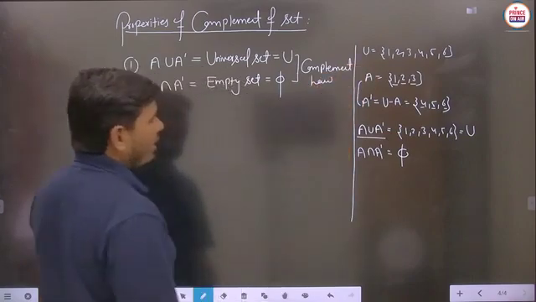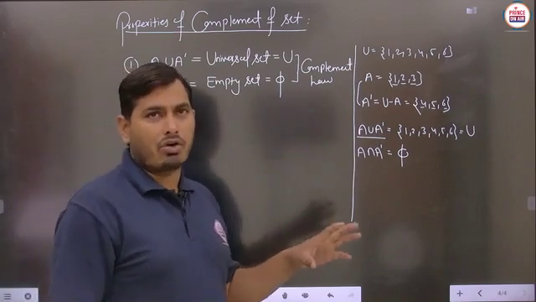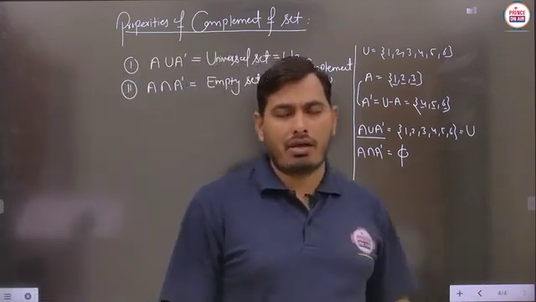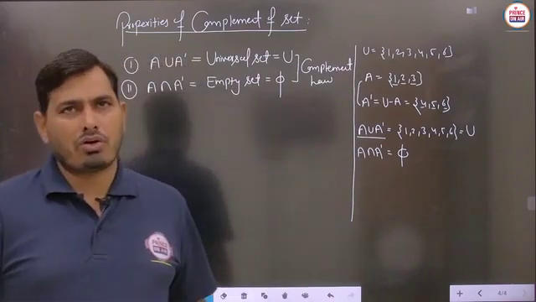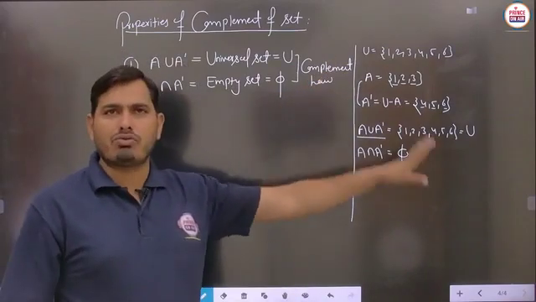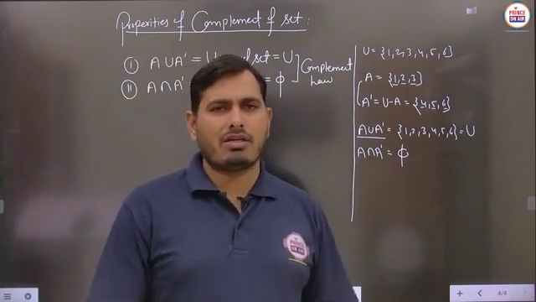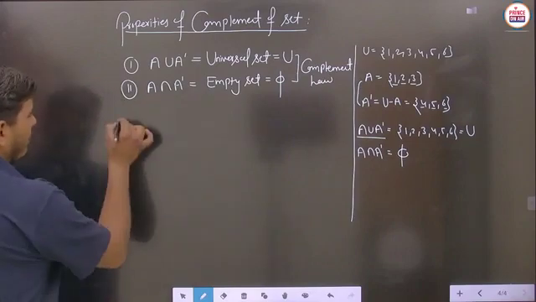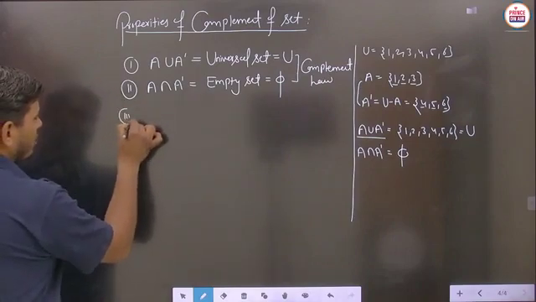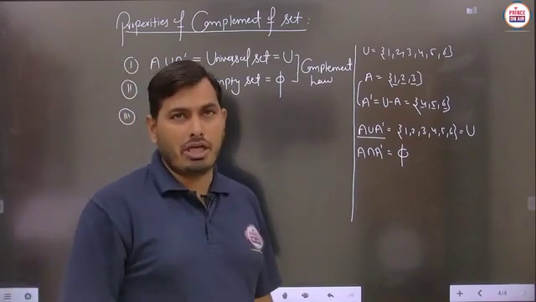Sometimes, if anyone asks about the laws, meaning what are the complement laws, then you can just describe A union A dash and A intersection A dash, and you can cross verify the answers by taking any suitable examples. Definitely you will get the answers, and the verification will also be there. Is it clear? Next student, the third part we are taking, and third and fourth both are very important laws that are known as De Morgan's law.